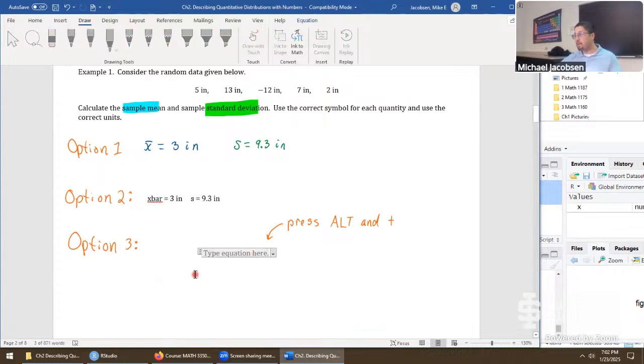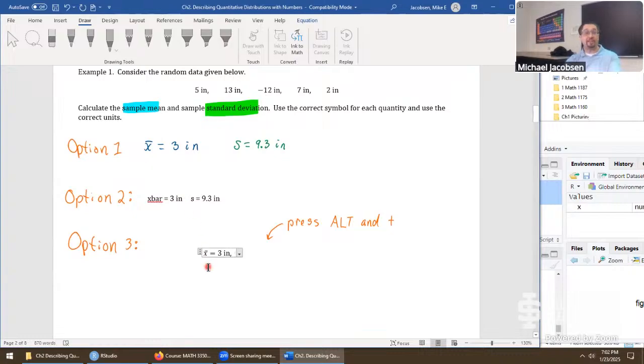Inside the equation field, type x, then that slash, that was the wrong one, that slash there. I actually looked this up, but I forgot. Anyone happen to know if that's a forward or backward slash? Actually, I think that's the wrong one. Let me try again. Should be that one right there. Then just go bar, just write it out. Hit enter once, produces the bar. Hit enter again, it centers the bar over your symbol. And then you can write x bar equals 3 inches.